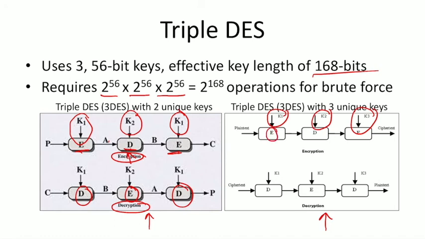For encryption, we first use DES with the first key in encrypt mode, then we use DES with second key in decrypt mode, then we use DES with third key in encrypt mode. And correspondingly for decryption, with key 1 we use the decrypt mode, with key 2 we use the encrypt mode, and then with key 3 we use the decrypt